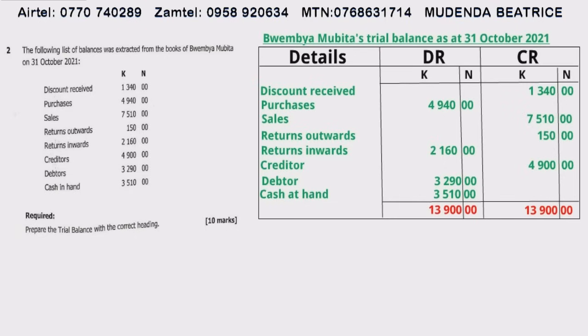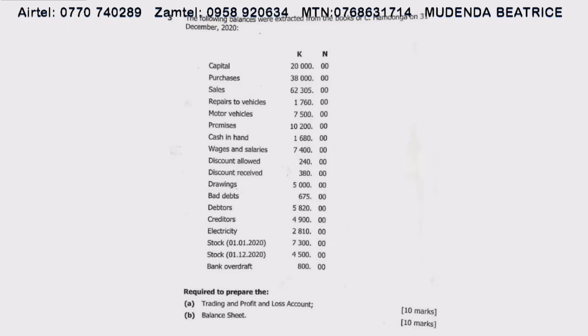Let's go to the next question. Question 3 was as follows. The following balances were extracted from the books of C. Hamonga on 31st December 2020. Capital 20,000 kwacha, purchases 38,000 kwacha, sales 62,305 kwacha, repairs to vehicles 1,760 kwacha, motor vehicles 7,500 kwacha,